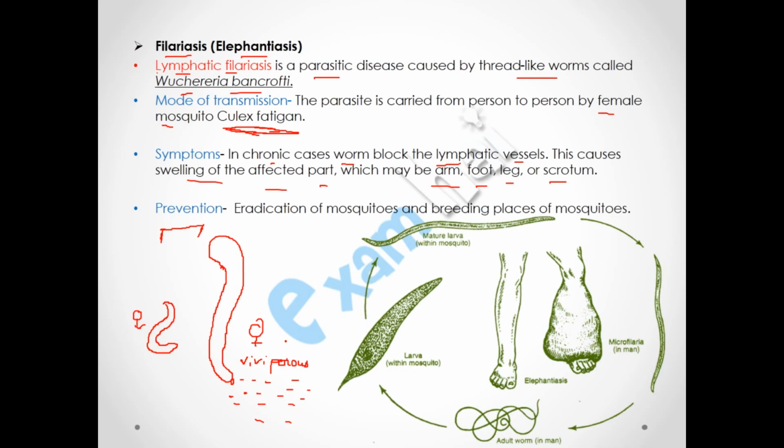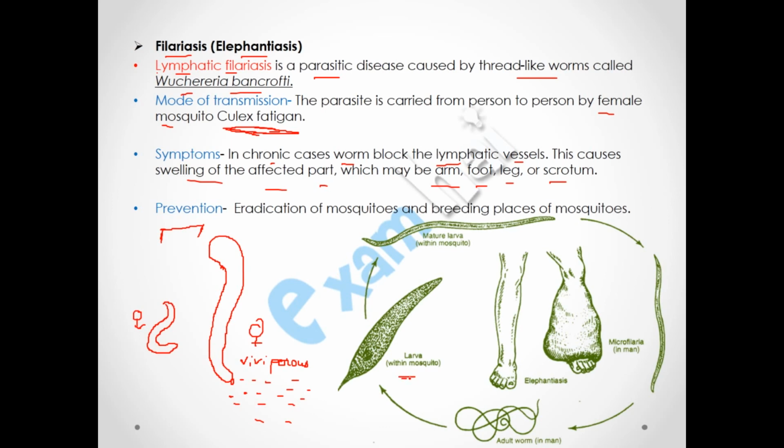So when these small worms enter into the blood vessel at night time, they are sucked by the female mosquito Culex fatigans, and taken up by the mosquito. And inside the mosquito, within 10 days, these develop into infected larvae. So, as you can see in this diagram,